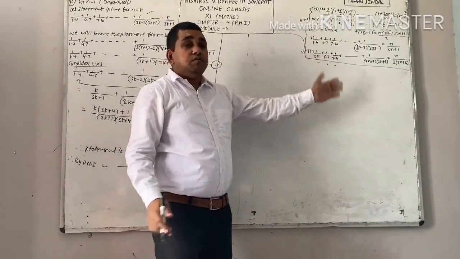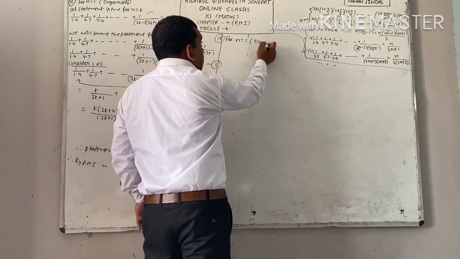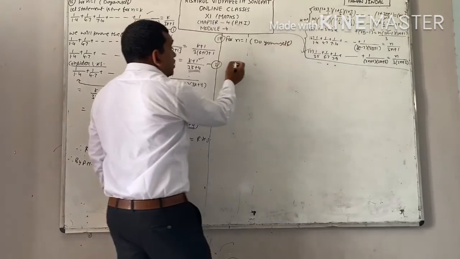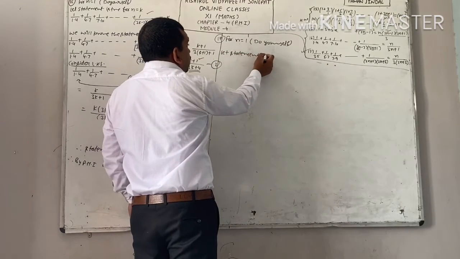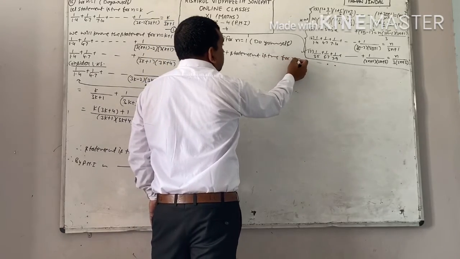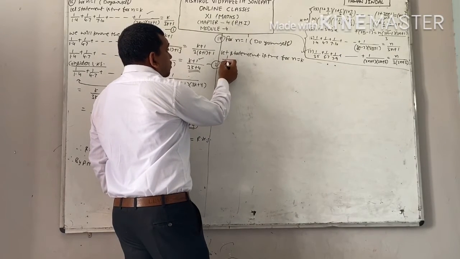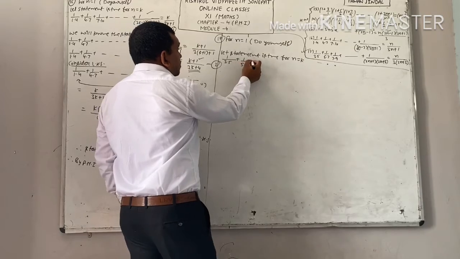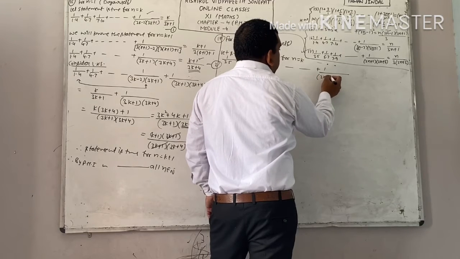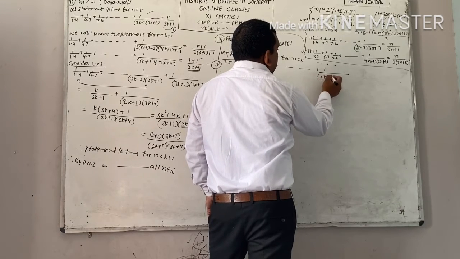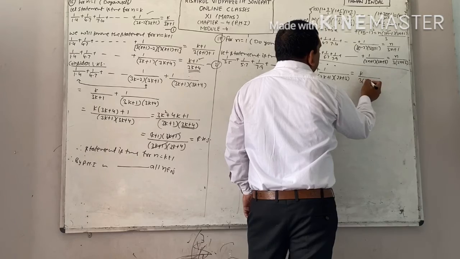Now first step you can easily do. For n equal to 1, you will do it yourself. We are starting from step number 2. Let statement be true for n equal to k. Now put n equal to k on both sides. See what you get. You will get 1 upon 3 into 5 plus 1 upon 5 into 7 plus 1 upon 7 into 9 plus up to so on 1 upon 2n plus 1. Sorry, in place of n you have to put k. 2k plus 1, 2k plus 3 equal to k upon 3 into 2k plus 3.